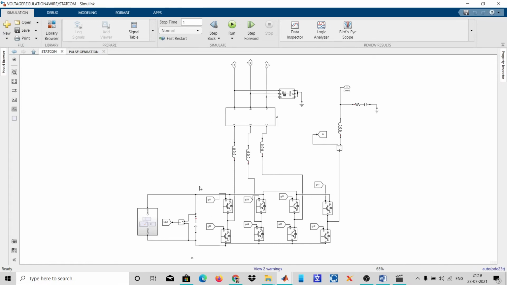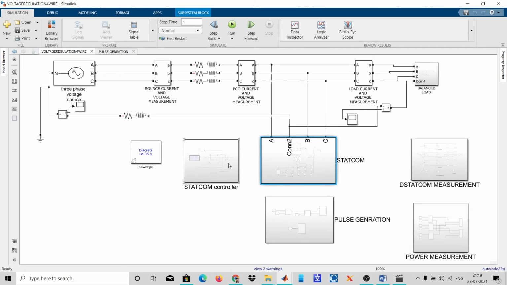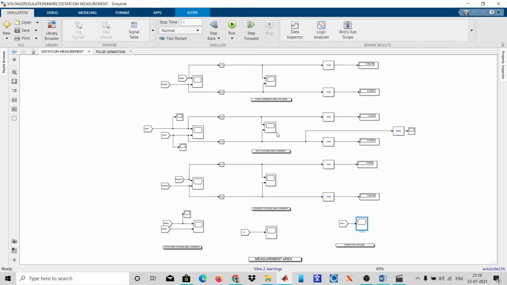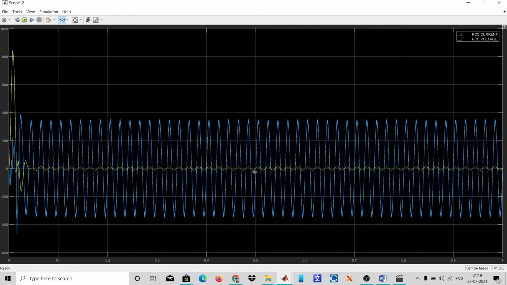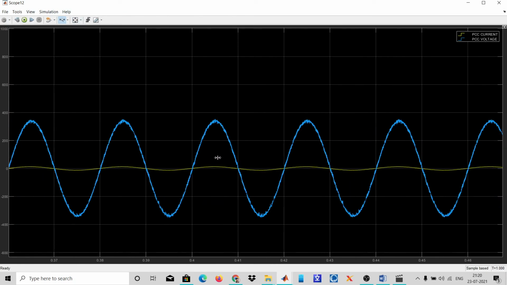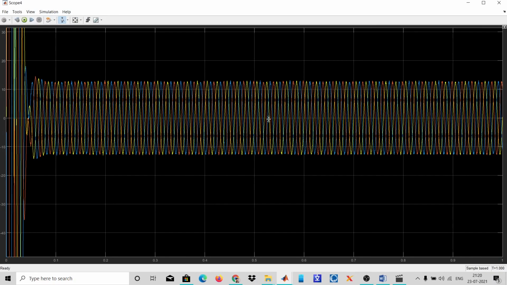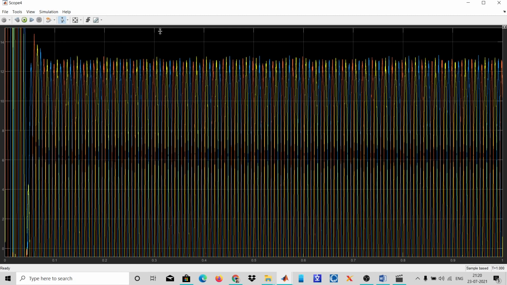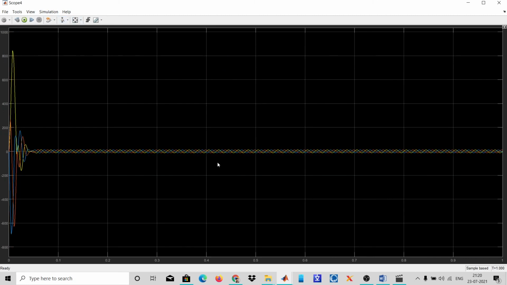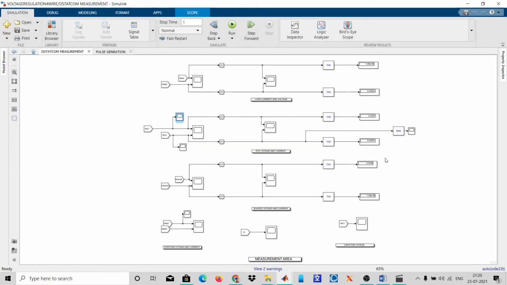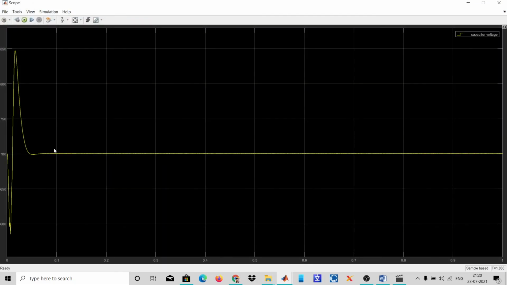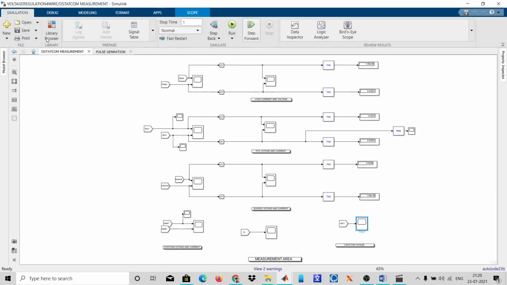I will show you the configuration. This is the configuration I have used for the three-phase four-wire PV DigiStatCom. As you can see, this is the PV circuitry, this is the control circuit, this is the pulse generation block, and the results obtained will be similar except that it can compensate the neutral current. As you can see here, it is providing unity power factor at the PCC. The unbalanced source current has become balanced with the application of the PV DigiStatCom. As you can see here, this is balanced, and the DC capacitor voltage settles at 700 volts.